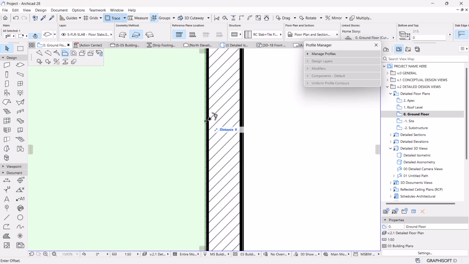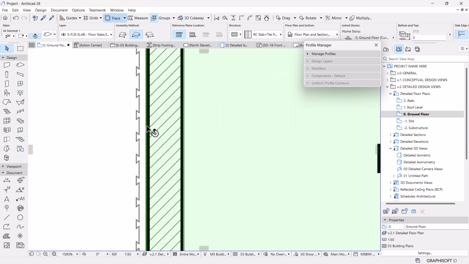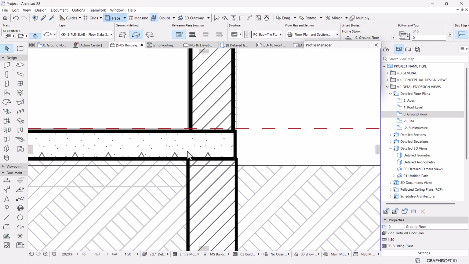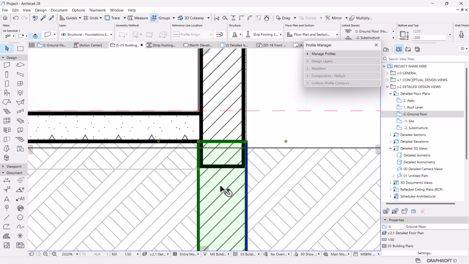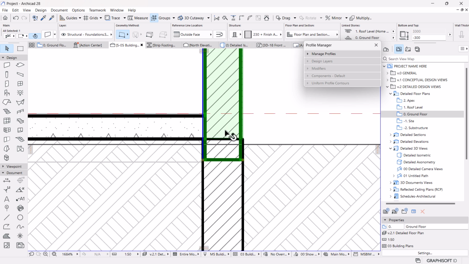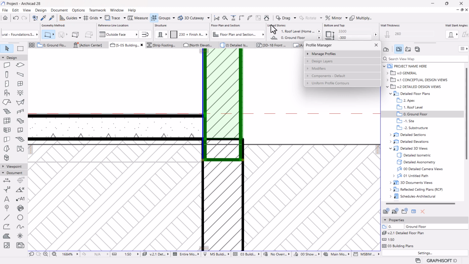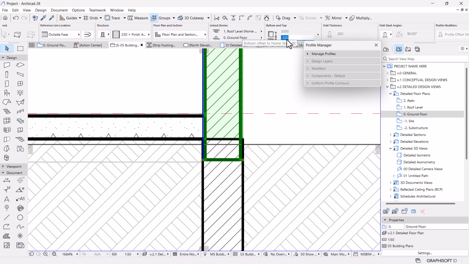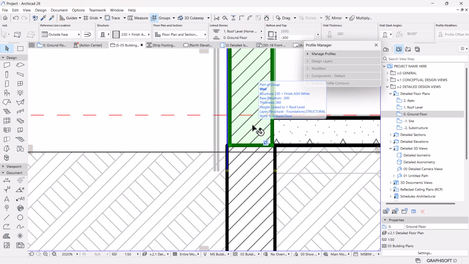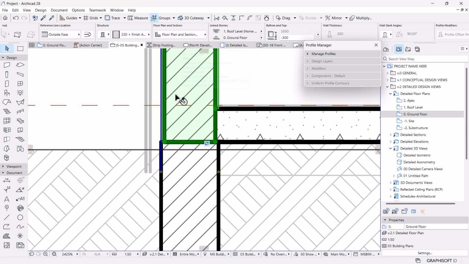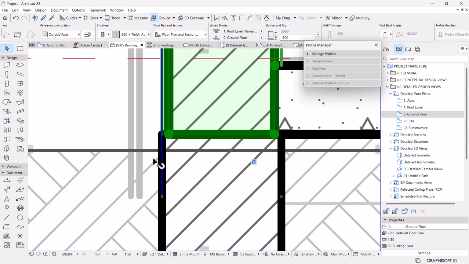So this is well represented. This should be on the inside. Well, we still have a problem. Our wall on the ground view should start on 0 instead of minus 300. So that is a problem to be addressed. And then also